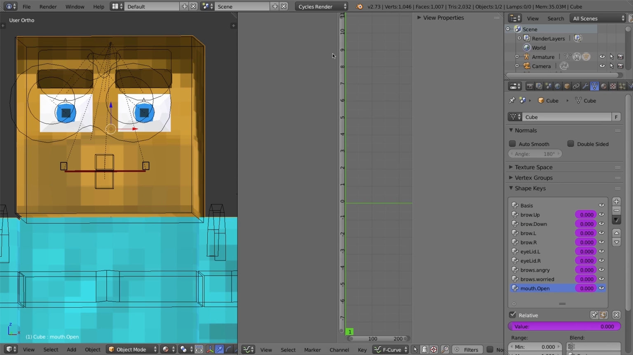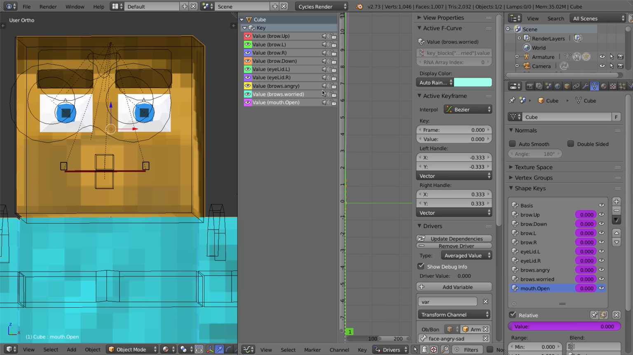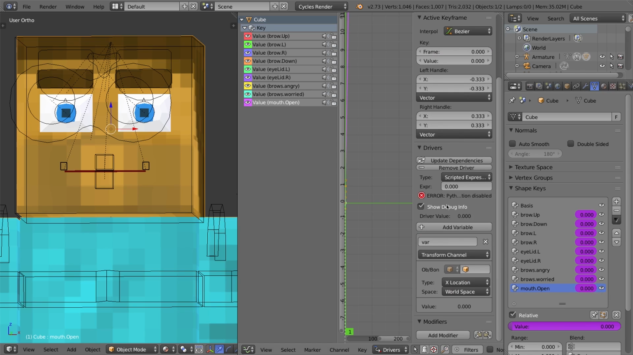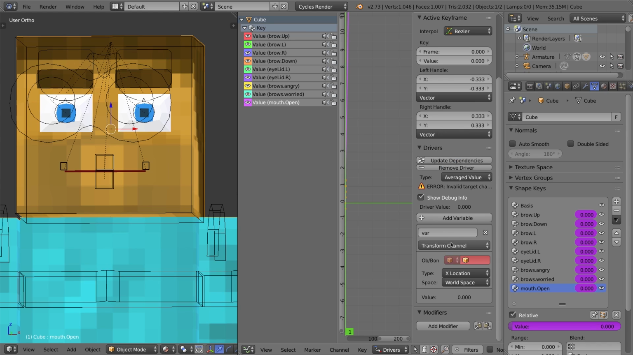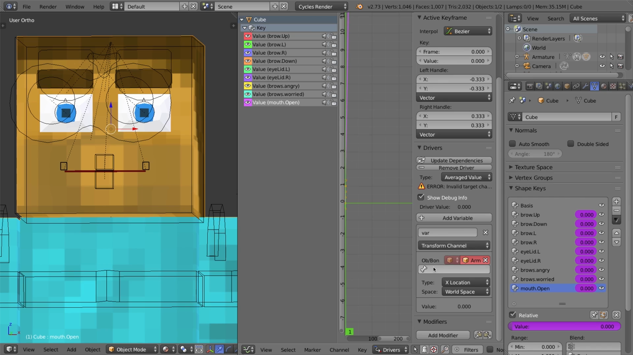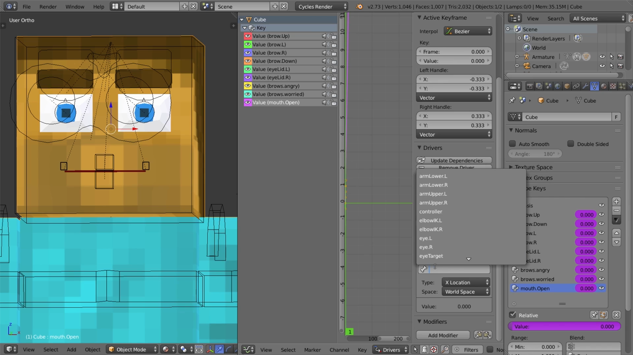Once I've done that, I have to go ahead and change F curve to drivers. I forgot that part. And here are all the drivers for the other bones. I'll select mouth.open, and that'll control that value. Over here in the drivers section, I'm going to select averaged value instead of scripted expression. That's the driver type. I'm going to change the bone that we're going to be controlling with. So in this case, we're going to select a bone in the armature, and we're going to select face